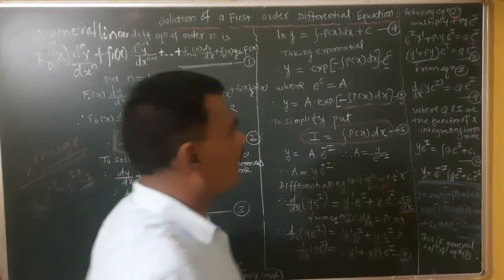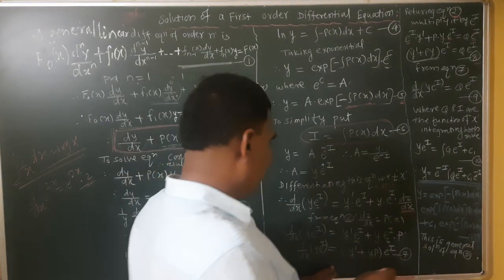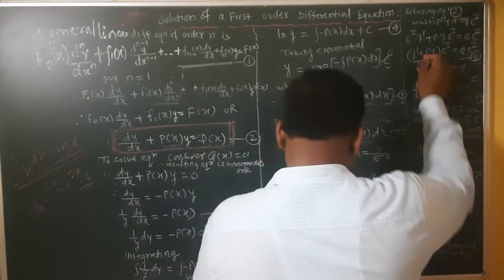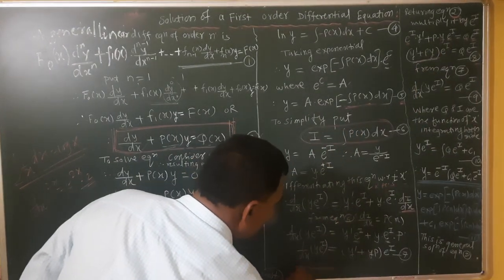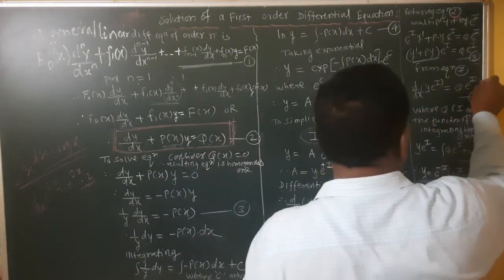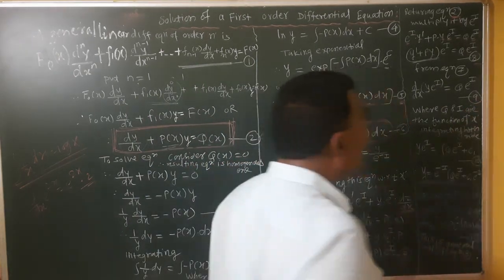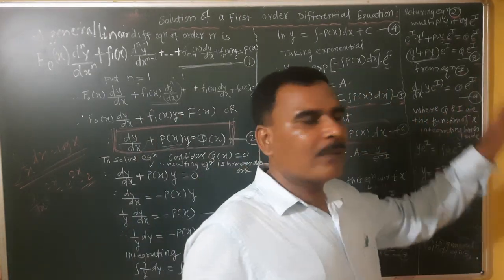Now from equation 7, this is equation 7 we have, and finally we have to write that this factor is nothing but d by dx of y into e raised to I, and that is equal to q into e raised to I. So equation number 9. Now where q and I both are functions of x,